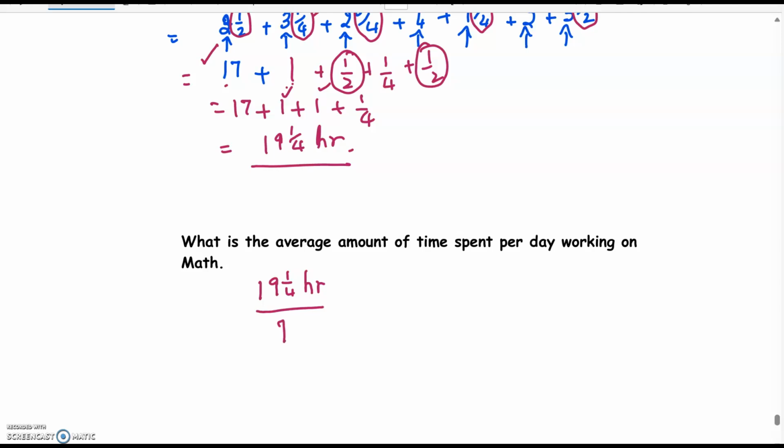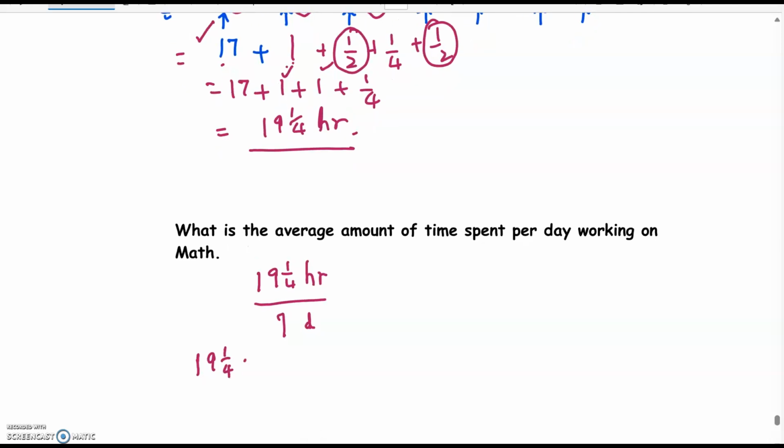But when it's fractions and mixed numbers, I prefer to write it as this: divided by 7 days in the week, and then hours per day is the final answer, the units of the final answer. So the mixed number has to change for division and multiplication into an improper fraction. 9 times 4 is 36, 4 ones are 4, 5, 6, 7, plus 1, which is 77,